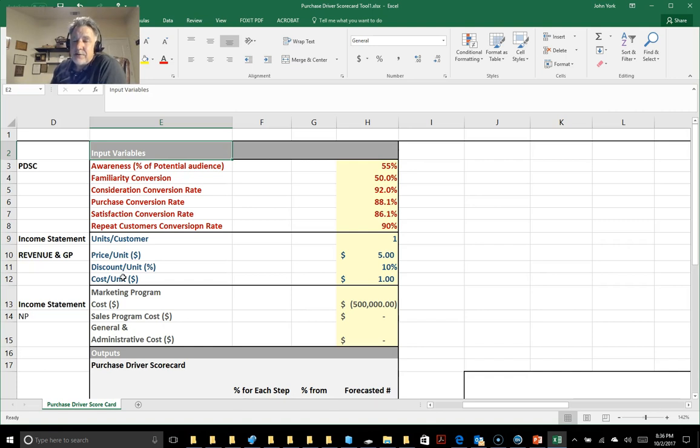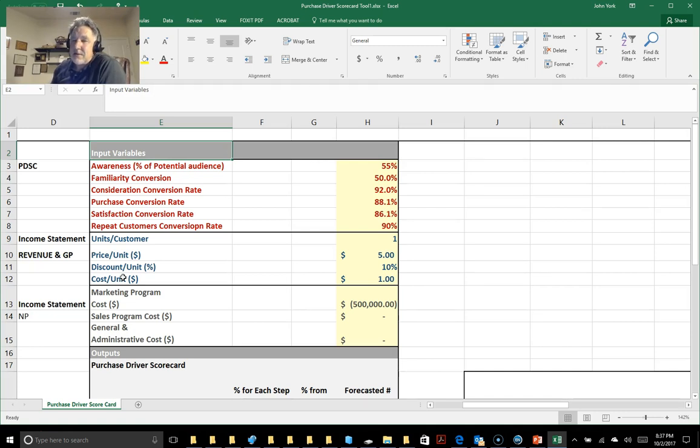Your net revenues would be your price per unit times what we call 1 minus the discount per unit. Okay, so if you have a price of $5 and you have a 10% discount per unit, that means that your net price is $4.50 per unit. So that will give you then an output based on the number of units you've generated, based on the number of customers and the customer purchases per unit